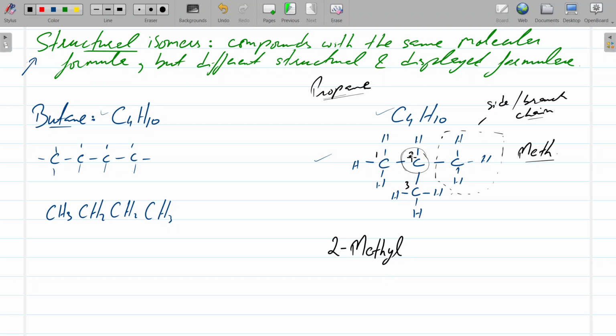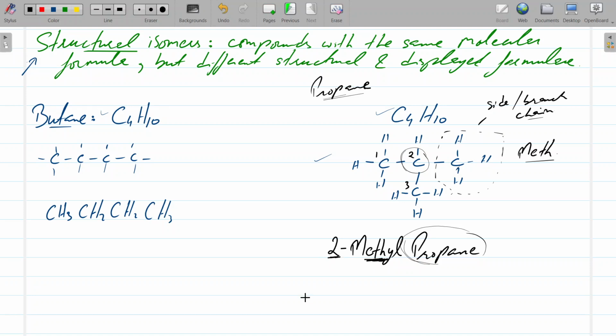And then the main chain, the longest chain, is 3 carbons, so 2-methyl propane. The base compound, the main compound, is a propane molecule, and it has a methyl group attached to carbon